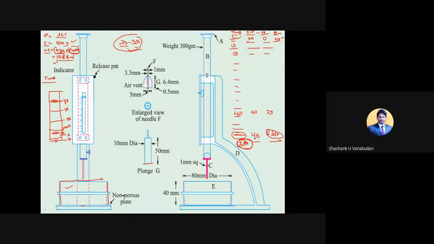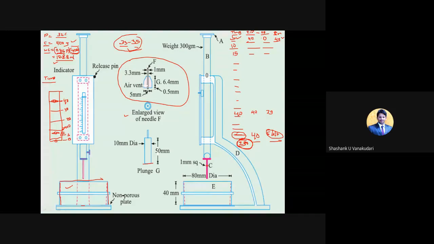Yeah, and the final setting time will be very easy. Instead of this needle, we will remove it and place this enlarged view of needle. That is this one. Clear? This needle we need to attach to the Vicat apparatus, and the dimensions are in this way. The bottom diameter will be 5 mm, and we don't have a proper shape for this. This is rectangular and this is circular, correct? But this is the irregular shape what we can see. The dimensions have been provided in this way.